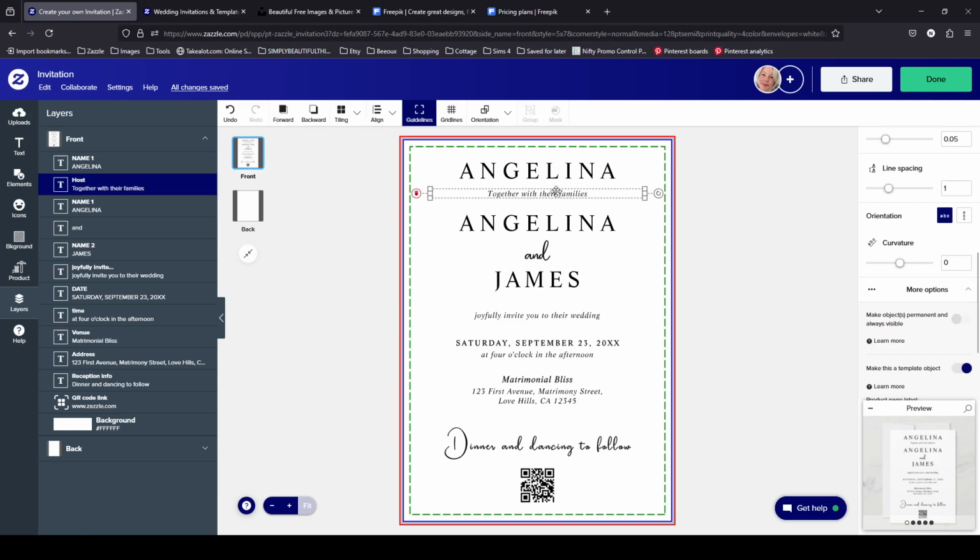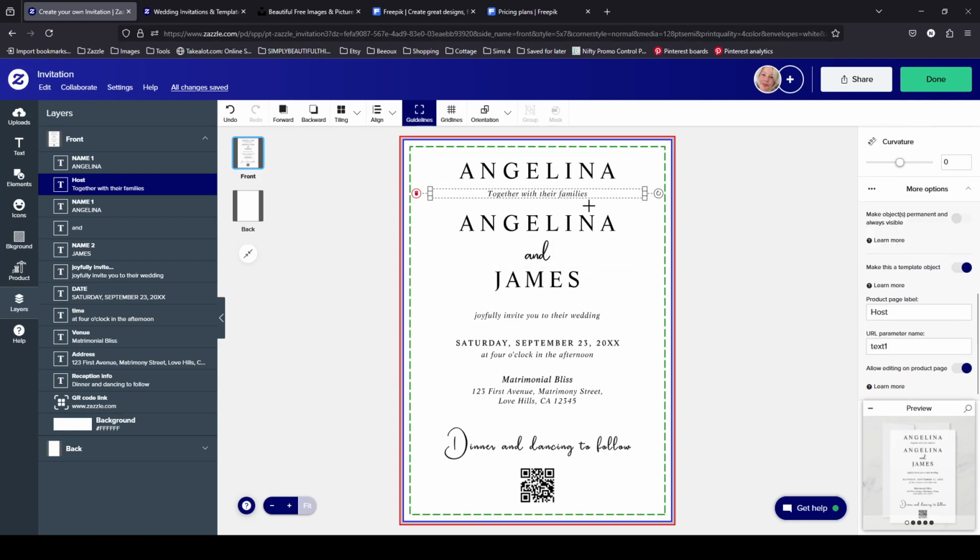All right, so sorry, yes, you click on the first element, and look at what text number it is. So it says text 1, so that means it's going to come first in the list when the customer customizes it. So if I want this to appear above this, it has to come before text 1. So what comes before text 1 is text 0. So I change the 2 to 0,